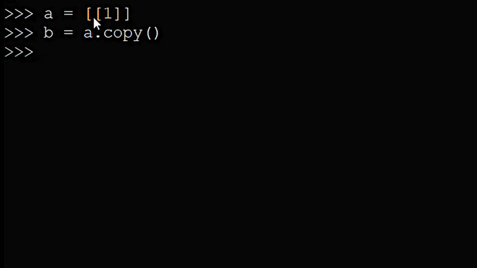B would have its own memory address, but the information at that memory address would still be the address at which the same list from A is being stored. So because of a double pointer of sorts, you are back to the first example of shared memory and changing A, also changing B.